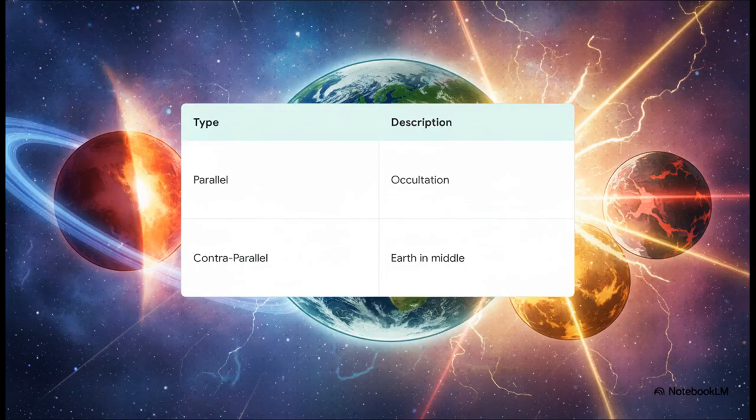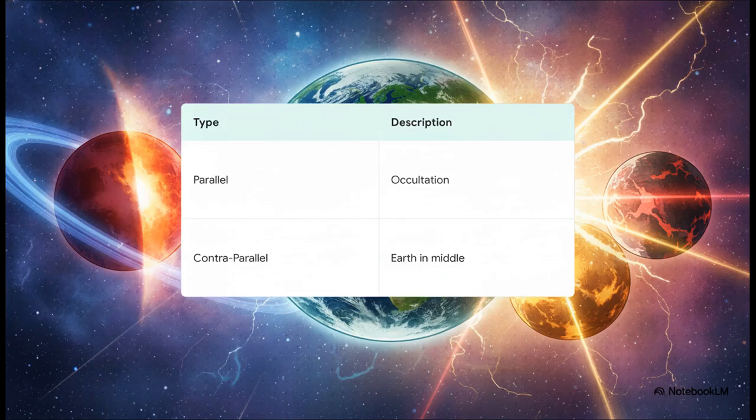These exact 2D transits usually happen in two main forms. The first is a parallel conjunction, where a planet practically eclipses another. We call that an occultation. The second is a contraparallel opposition, where the Earth sits perfectly right in the middle between the Karaka and the malefic. Because their planetary rays are perfectly united, these three-body lineups hit with significantly more force than any standard one-dimensional